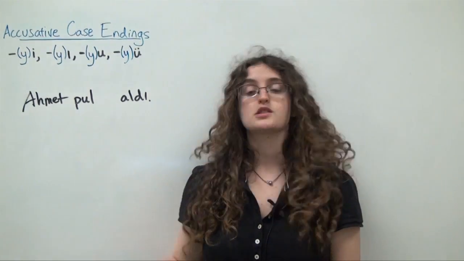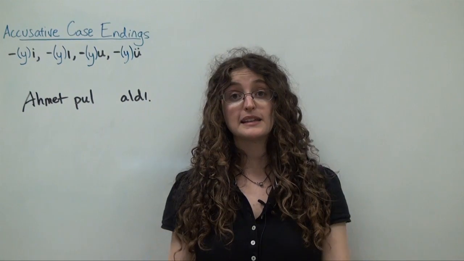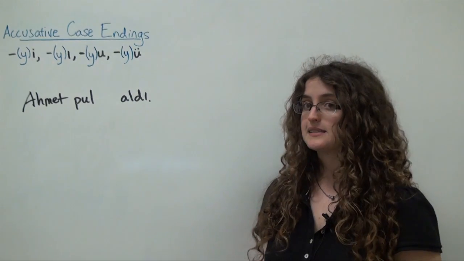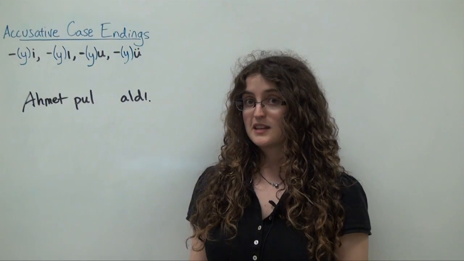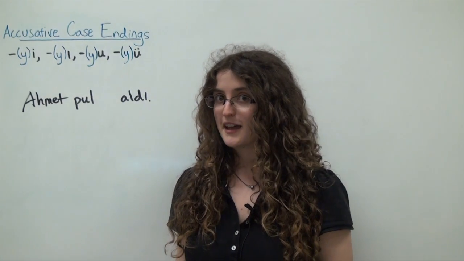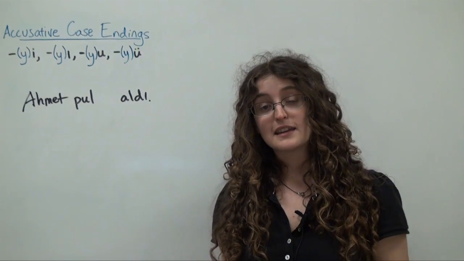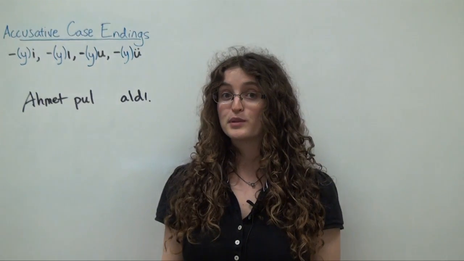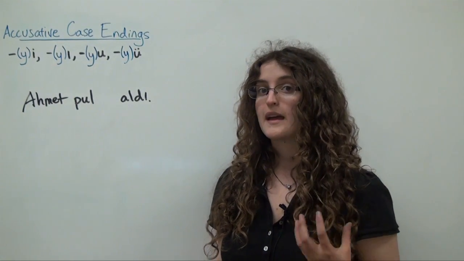But although pul is a direct object, it's general, it's non-specific, a stamp, any stamp. But what if we want to say that Ahmet bought not a stamp, but Ahmet bought the stamp? The stamp which costs $1 million, the stamp he's been wanting for his collection, the stamp he forgot to buy yesterday. In that case, pul becomes specific, definite. Our direct object is now specific and definite, so we'll need to add the appropriate form of the accusative case ending. The accusative case ending follows the rules of four-way vowel harmony.